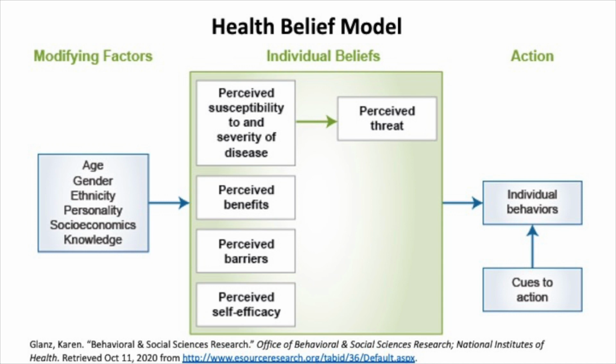One is, how susceptible does somebody think they are to a particular disease? And how severe do they think the disease is? So if we think about something like cardiovascular disease, we could consider how susceptible somebody thinks they are, maybe based on a family history or based on their own knowledge of the disease, and then how severe they think this disease is. And this is going to shape how a threat is or is not perceived for that particular disease. So that's one component of someone's individual beliefs that may shape the way that they act.